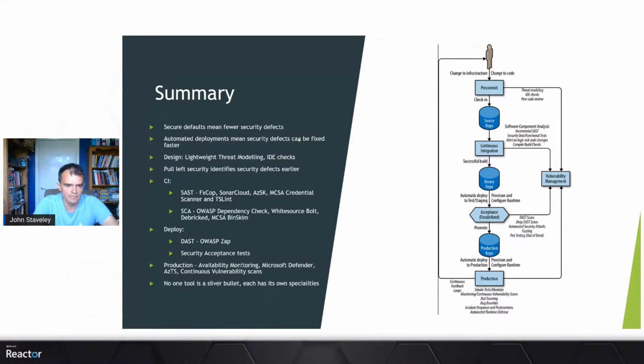Then after you've deployed, dynamic testing using OWASP ZAP, and then finally your security acceptance tests. Once it's in production, you've got availability monitoring, Microsoft Defender for what is actually deployed and whether anyone's made any unauthorized changes to it. AZTS provides a similar capability but cross subscription, and then continuous vulnerability scans in the database. So definitely, as I said before, no one tool is a silver bullet. Each has its own specialties and